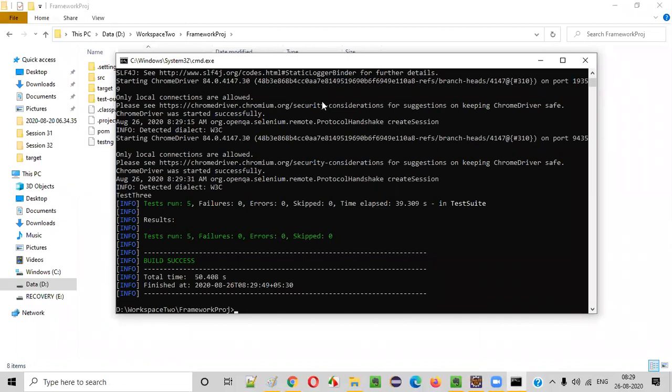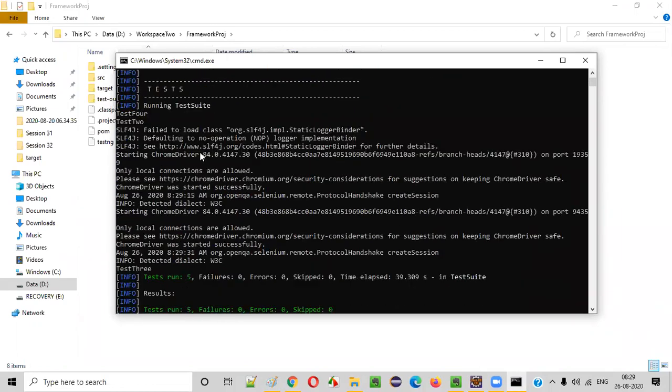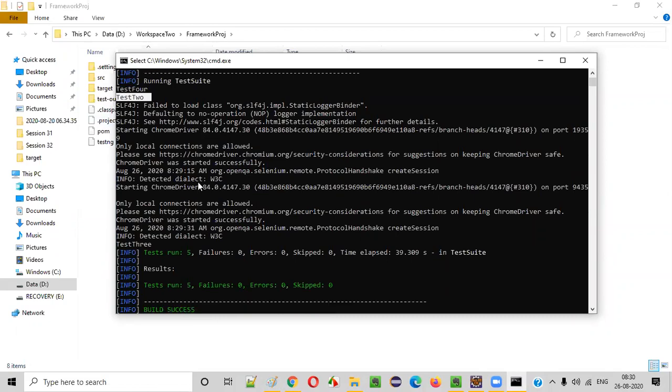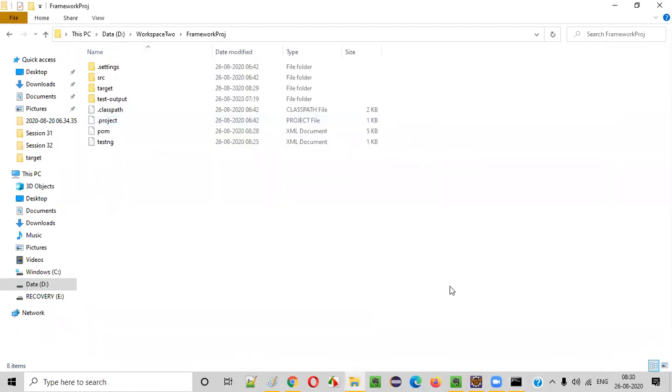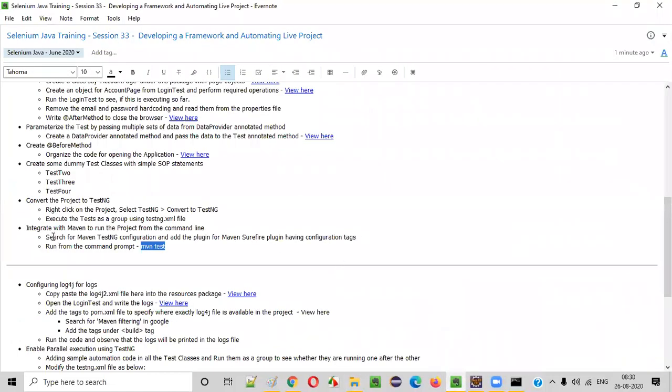Once you are able to solve these problems on your own, you see 5 tests are run, nothing got failed, everything is passed. Okay, you can see the output also. Test 4 got printed here, test 2 got printed here, then test 3 got printed here. You already saw the login test executing using the browser and all. Okay, fine. Looks like we are done for today.